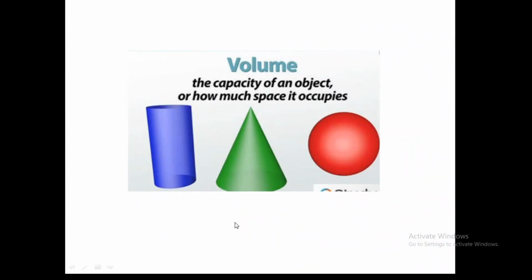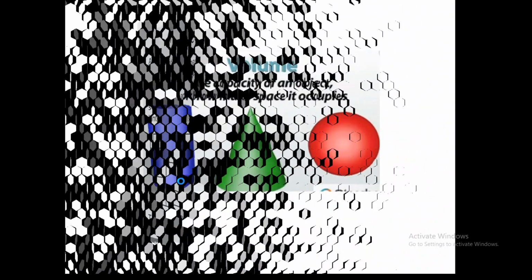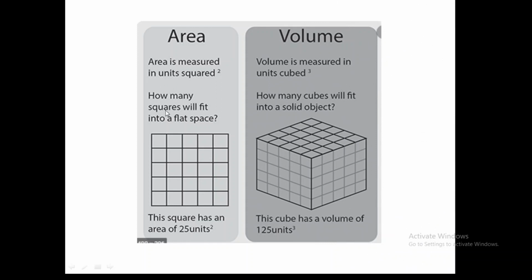Now we discuss volume. What does volume mean? Volume is the capacity of an object, or how much space it occupies. So 3D figures or solids only have volume. Okay, so what is the main difference between volume and area? Area is the measure of a flat surface, flat space. So area can be measured by looking at how many squares there are,